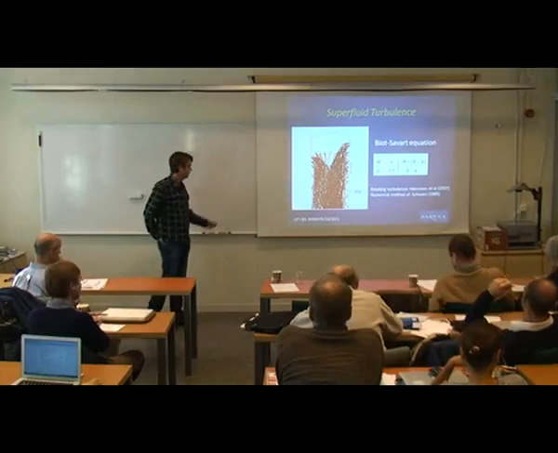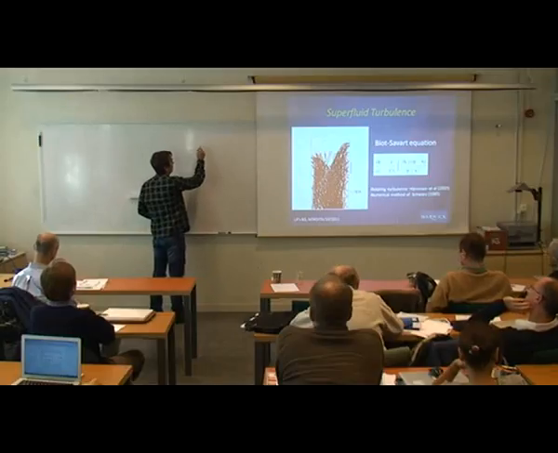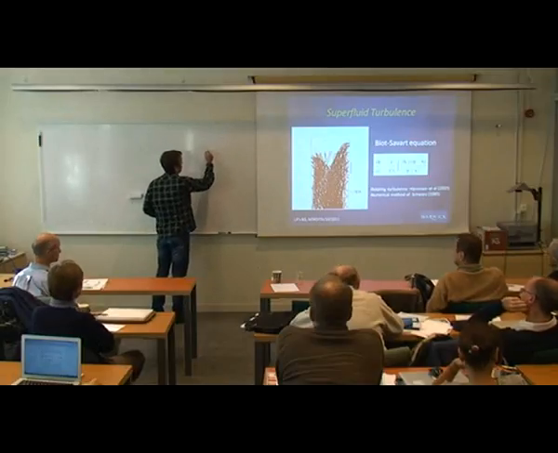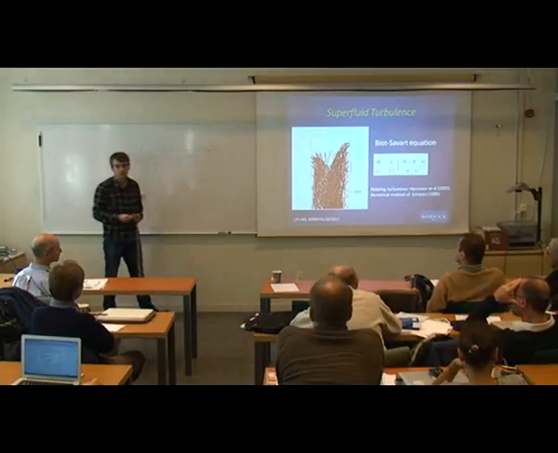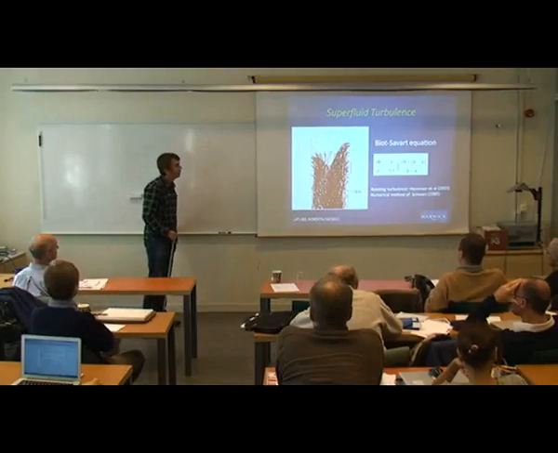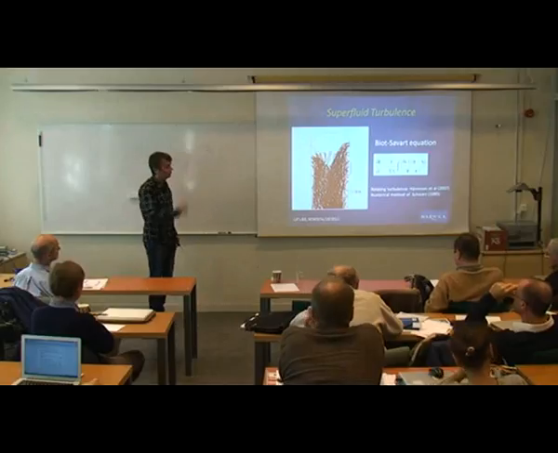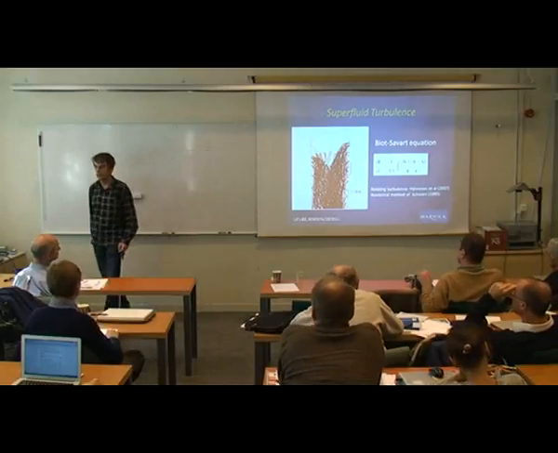Each vortex filament has a quantum of circulation, which is Planck's constant divided by the mass of an atom. If it's helium-4, it's the mass of a helium-4 atom. And these filaments have thickness close to atomic size, so very thin,